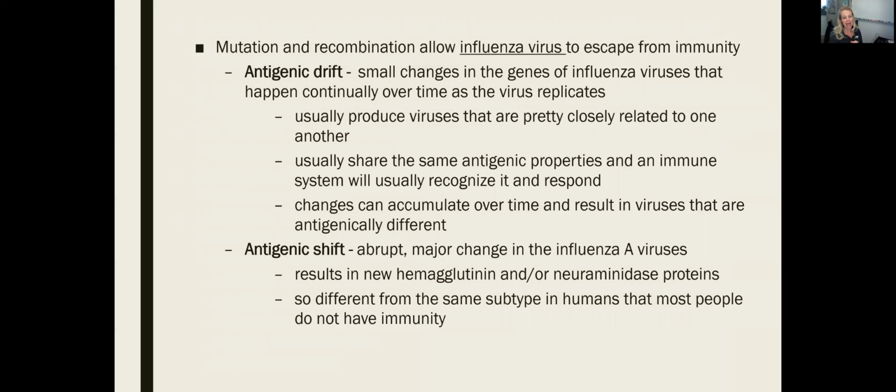And usually this happens with influenza virus, particularly influenza A strains. And this can result in totally new hemagglutinin or neuraminidase proteins on the surface. And those are the proteins that interact with the host cells. So essentially, a brand new virus that the body and human population has never seen before can arise in an